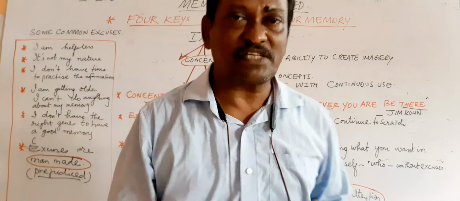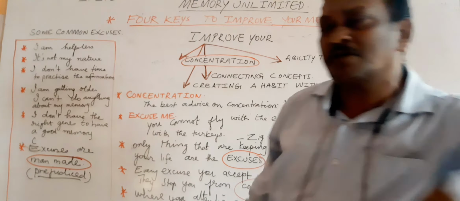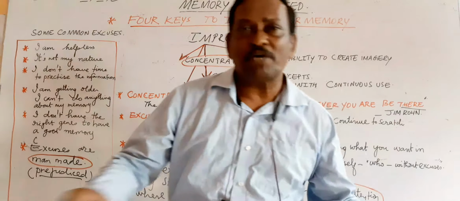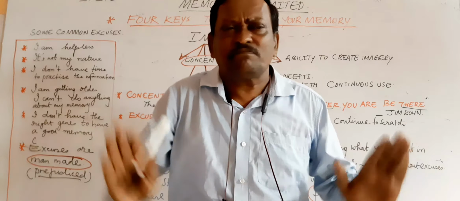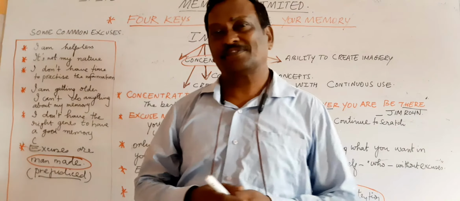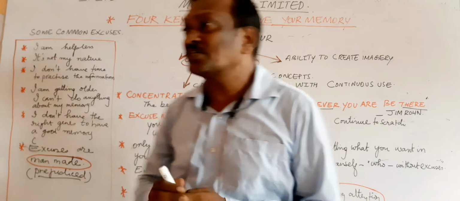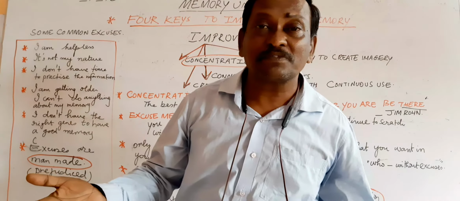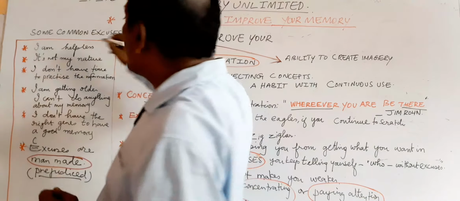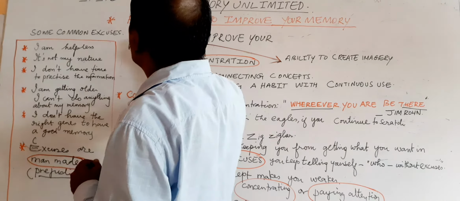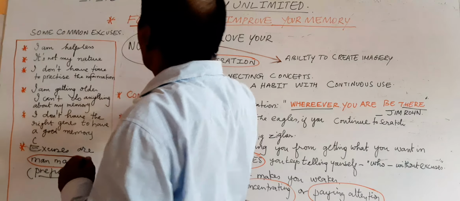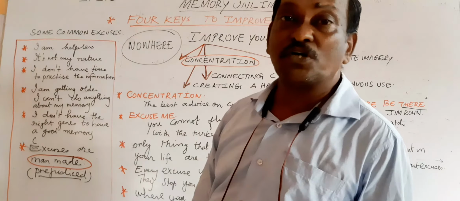I'll give you one small example, a Japanese short story, a very short story. A monk was sitting there. He was in a meditative posture. He was just sitting. And he saw a cat crossing his path. And he asked the cat, "Where are you?" So the question that was put to the cat was, "Where are you?" And you know what the cat replied? "Nowhere." So, the answer that the monk got from the cat was nowhere.